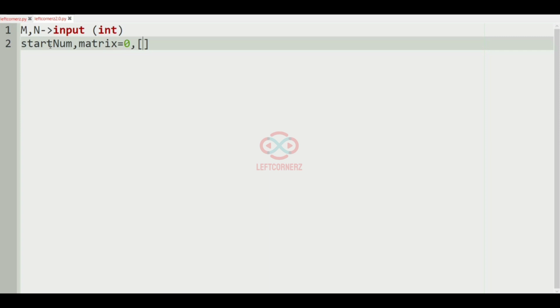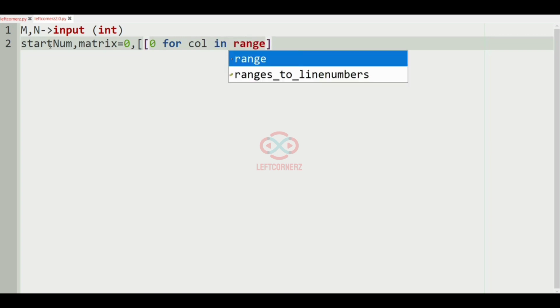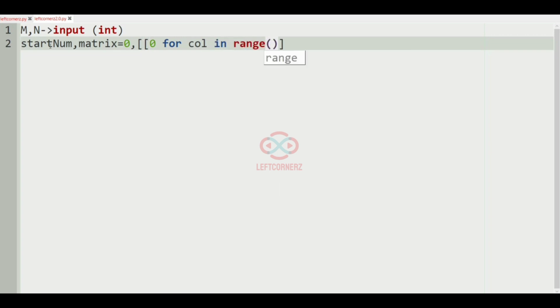That is, start num is initially 0, and for the matrix, 0 for column in range m into n, for row in range m into n,